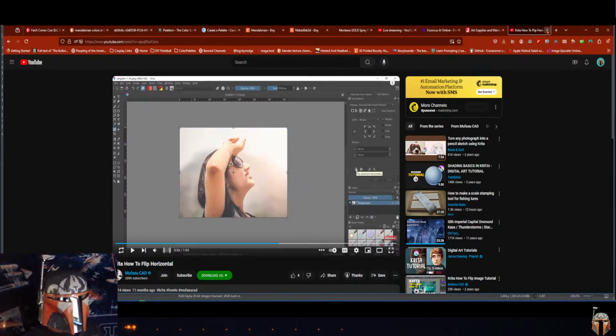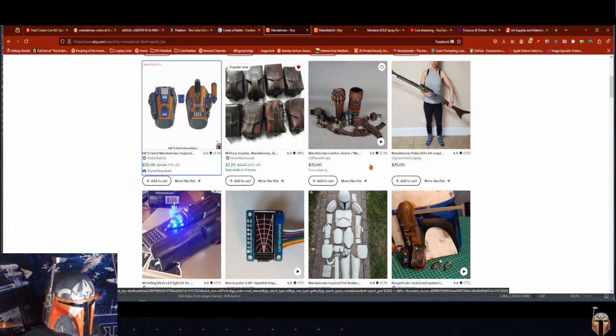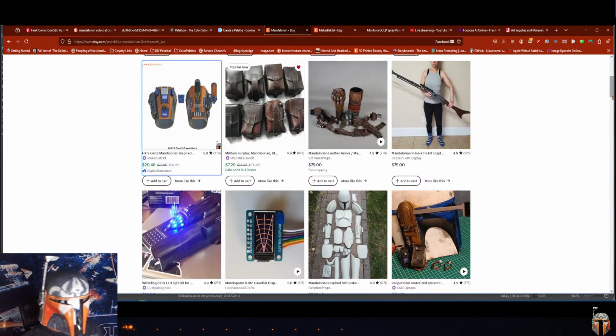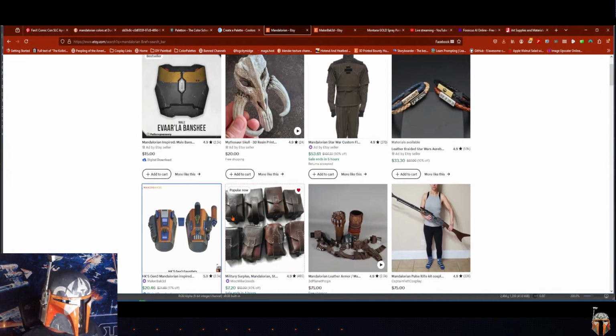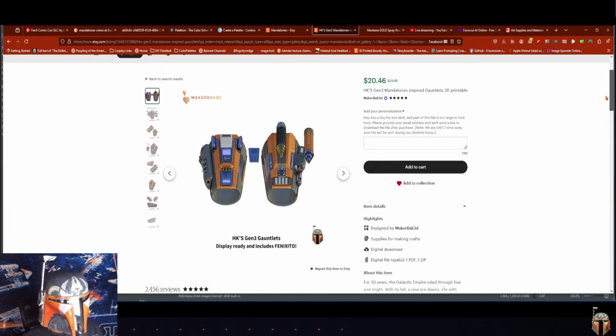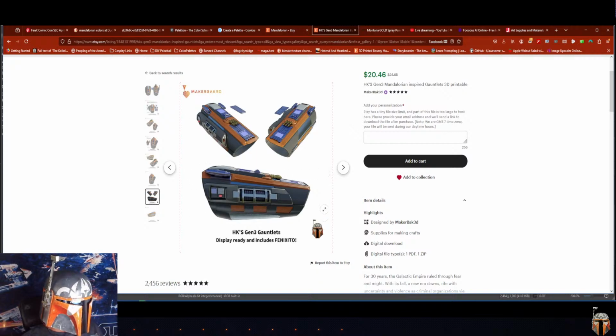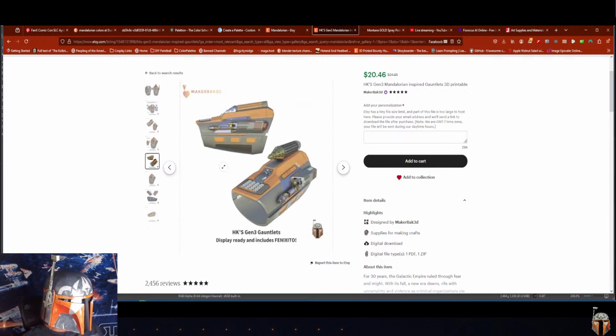Let's get rid of this now. And let's go back to, where's my Etsy? Okay, so how did I get these images? I was on Etsy, and I went to this great shop called Maker Baked. Maybe you've heard of it. And I went to their store. Well, I did want the gauntlets, so I looked for an image that had an orthographic view. None of them had an orthographic view, but this one had a nice side view, and there was actually another side view over here. There are some issues with it, like this is partially open,